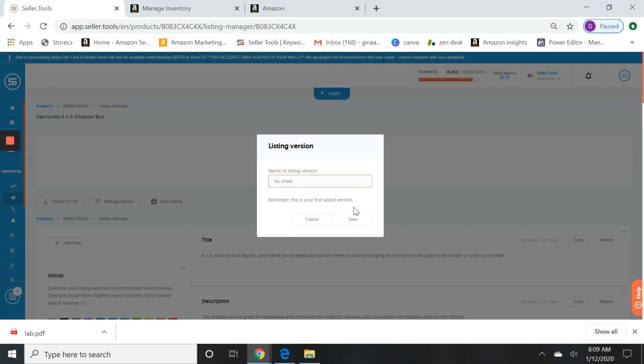We're going to press OK. I like to do mine by date in case I'm split testing. You can do it by title if you're split testing, like split test 1 with short titles, split test 2. You can do whatever you like. I'm just going to do the date and put draft because obviously this is not completely done, and then press